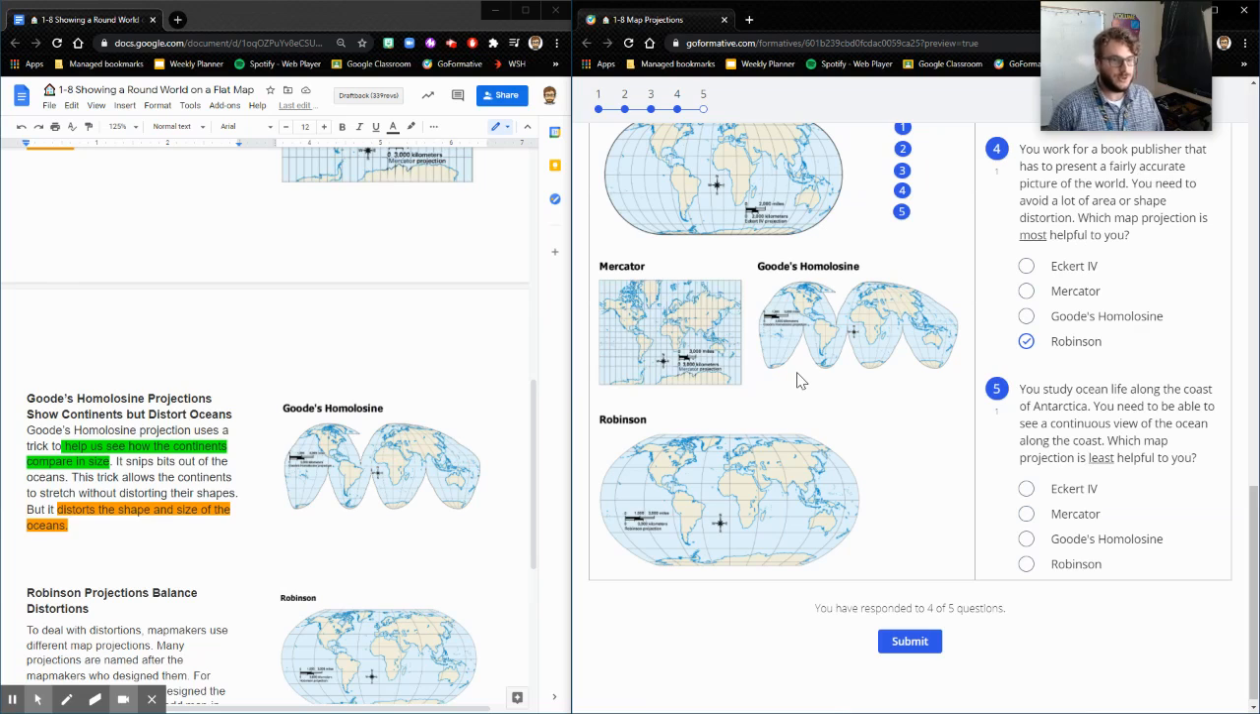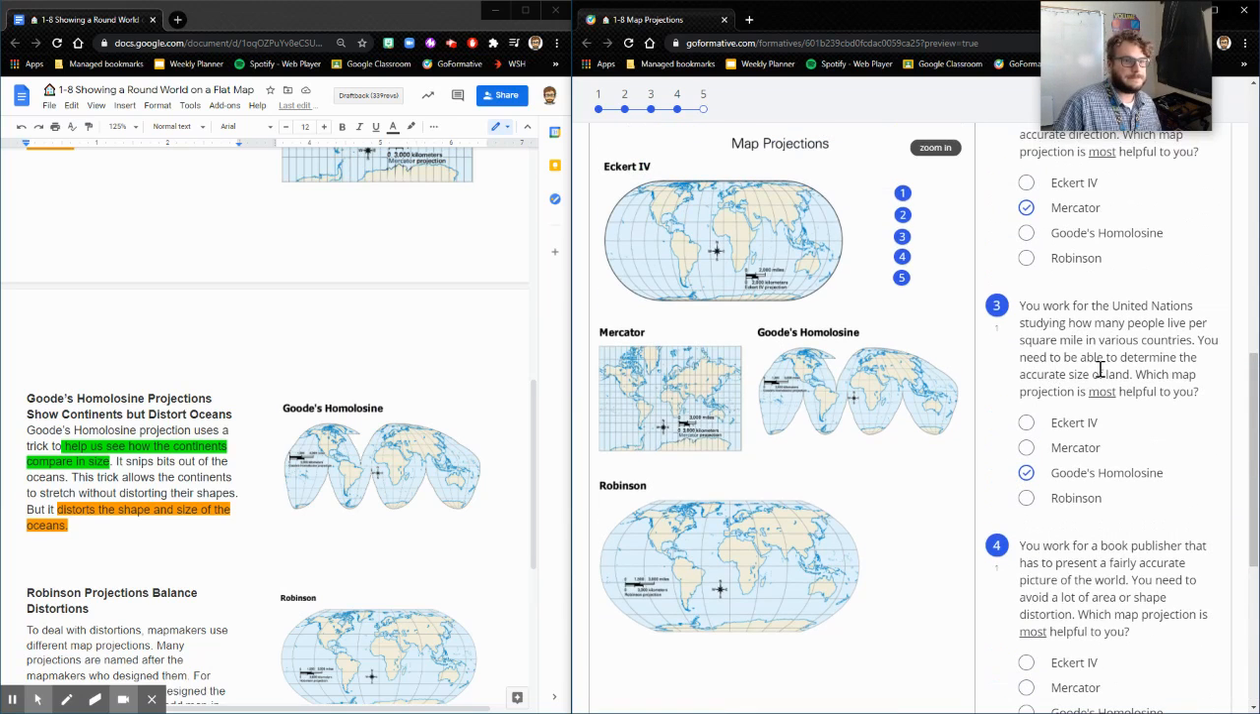For number 5, you study ocean life along the coast of Antarctica. You need to be able to see a continuous view of the ocean along the coast. Which map projection is the least helpful for you? Okay, so if we're looking for one that's going to be the least helpful,